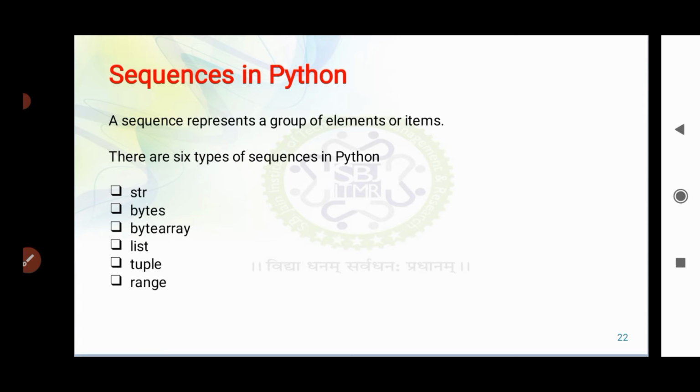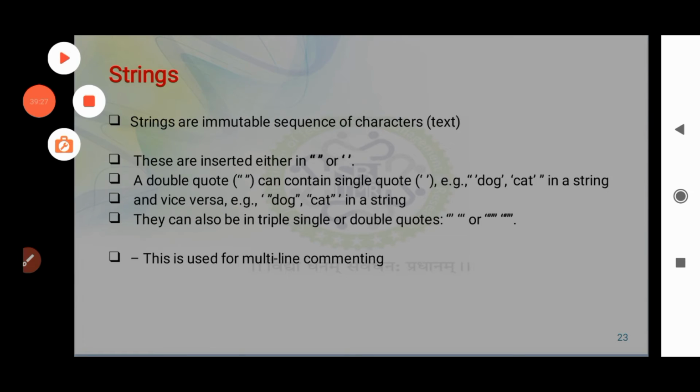Here in Python as well, we have 6 different types of sequences: string, bytes, byte array, list, tuple and range. Now we have to see the sequences in Python one by one.